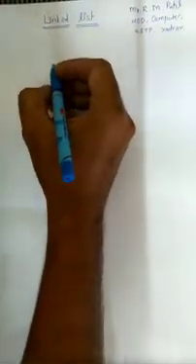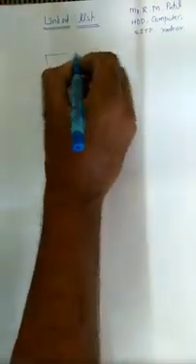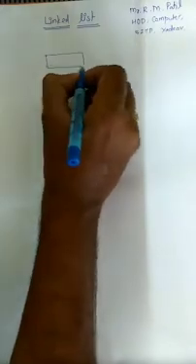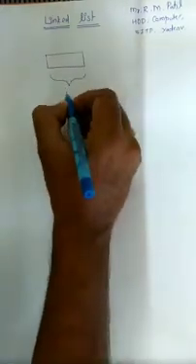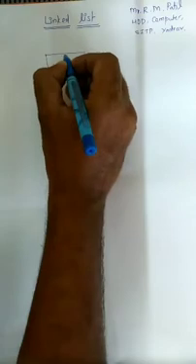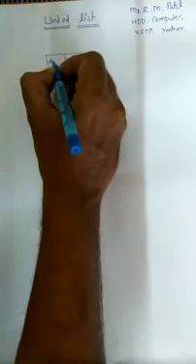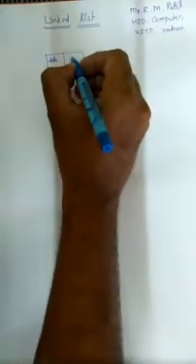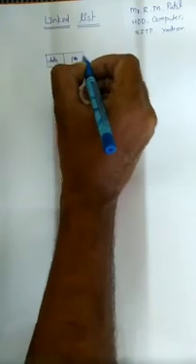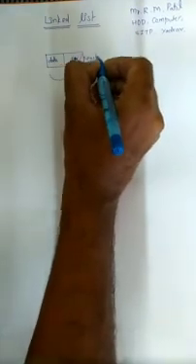An element in a linked list is specially termed as a node, and a node is divided into two parts, namely data and link. Like that, it is divided into two fields. Consider this one as a node: the first part we call the data field, and here we call the pointer, or the next field.